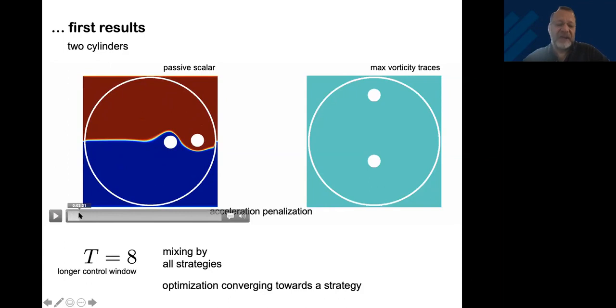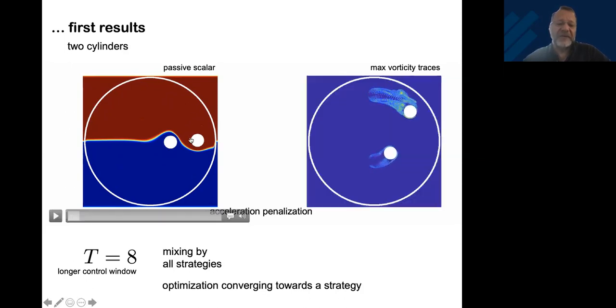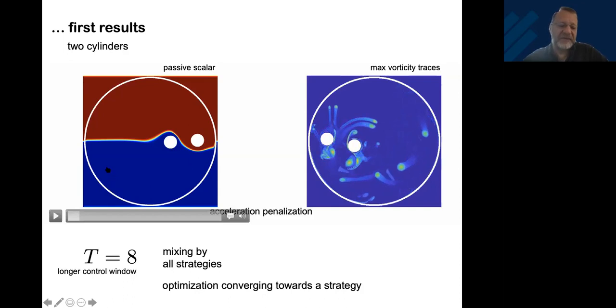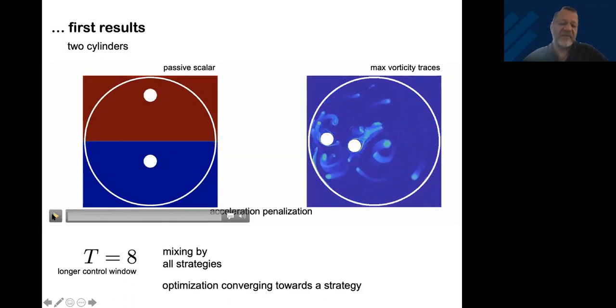Okay. And actually, let me manually, just as you approach this one, you will see just about now, when I run the movie, you will see that the cylinders will stop. Then the shed vortices, the wake vortices of the cylinder will basically take over and overtake it and go through the interface before this one plunges through. Okay. Then it will go pretty much on a path around here and then stop here and then shoot the last stopping vortices through the interface on this side. Okay, so I'm going to run the movie.